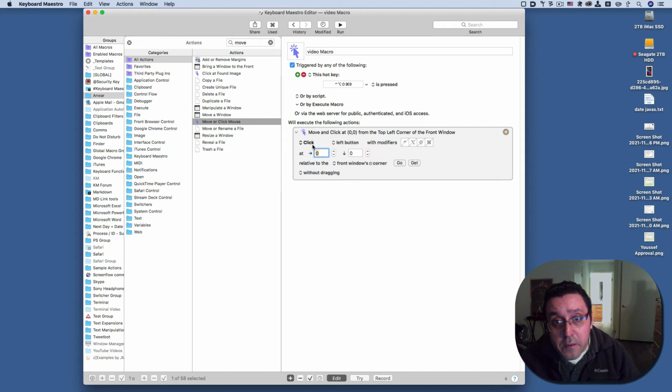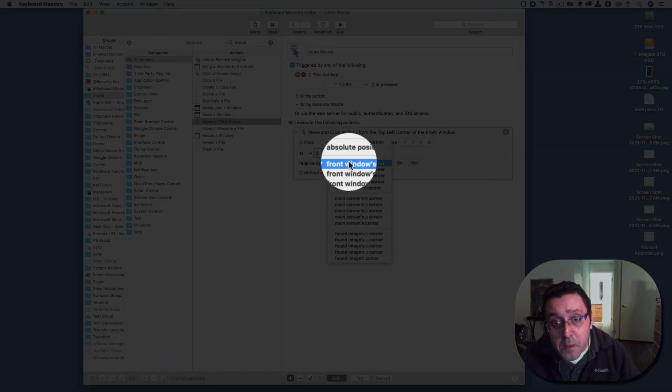That's right. And I'm going to make sure it's left button, and then I'm going to select here where it says front window's left upper corner. I'm going to select absolute position,